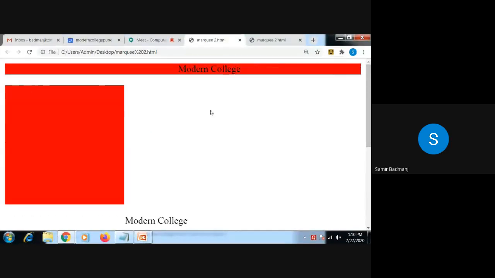So that is why, see, this modern college is coming from the rightmost end. But since I have restricted the height and width, now width is only around 200 or 300. So suppose the screen size is 1000, I have reduced it to only 300. So see, the area you can see, modern college area, it is only here, up till here. Now see, the text is moving from right to left and again from right to left. And the size of the marquee has increased.